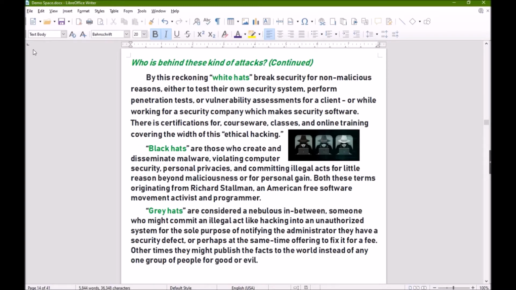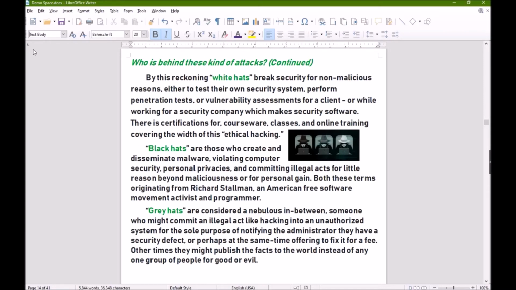Black hats, on the other hand, are those who create and disseminate malware, violating computer security, personal privacies, and committing illegal acts for little reason beyond maliciousness or for personal gain. Both these terms, white hat and black hat, originated from Richard Stallman, an American free software movement activist and programmer. The term gray hats has also been raised.